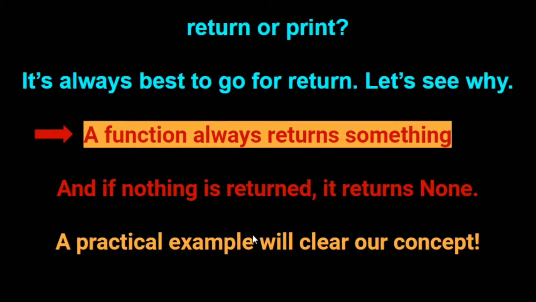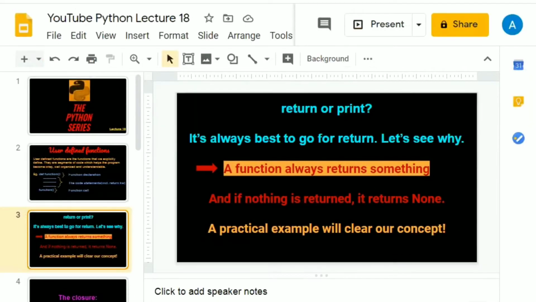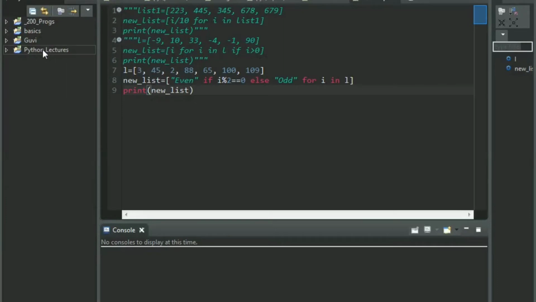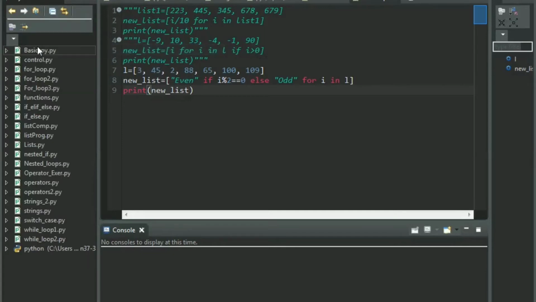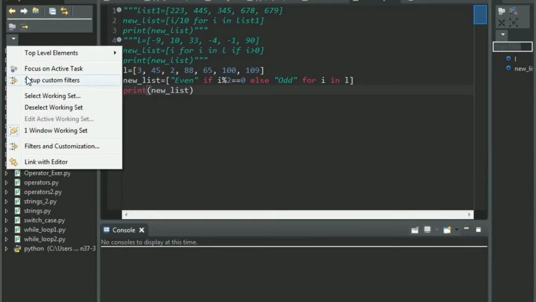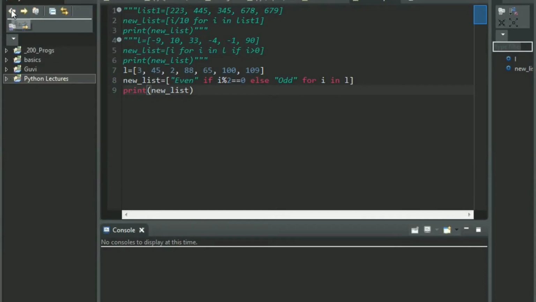And let's just start with the practical examples so that you do not have any problem. But before that, I'm just going to give you a quick example of how a simple function is defined. Just give me a moment.